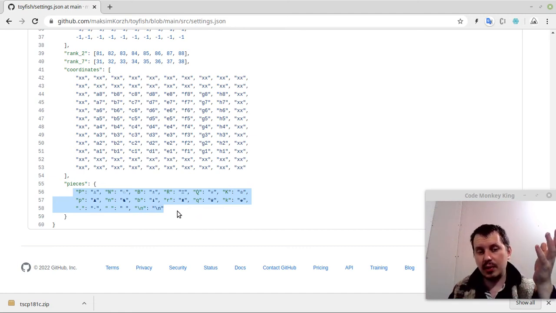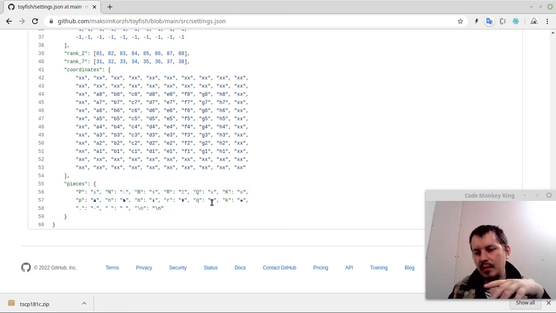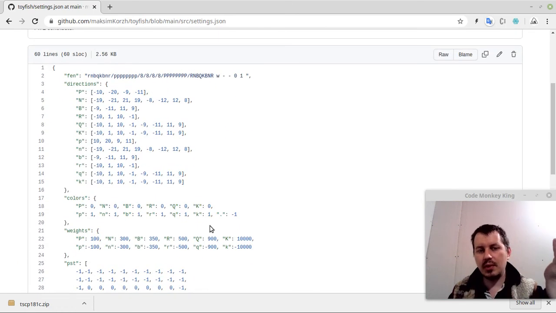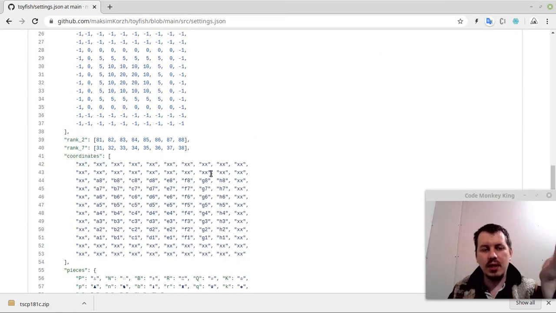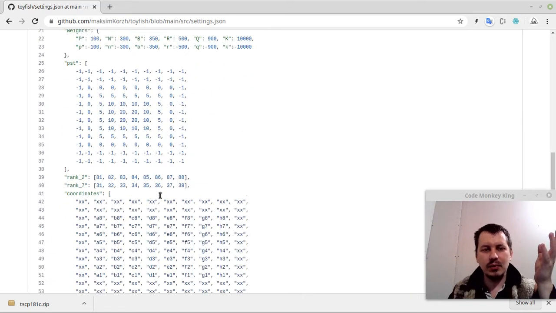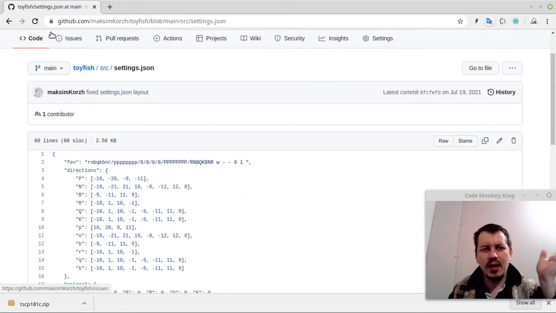This helps the user to see not letters like P for pawn, B for bishop, N for knight, and so on, but just these visual tiny little pictograms, just to make sure these are the chess pieces. So this is the data file, right? 60 lines of code, but this is just purely data. And then